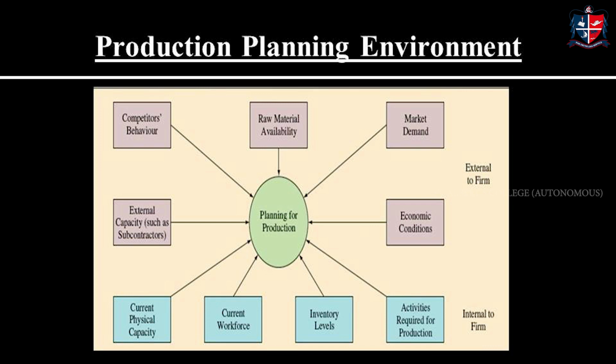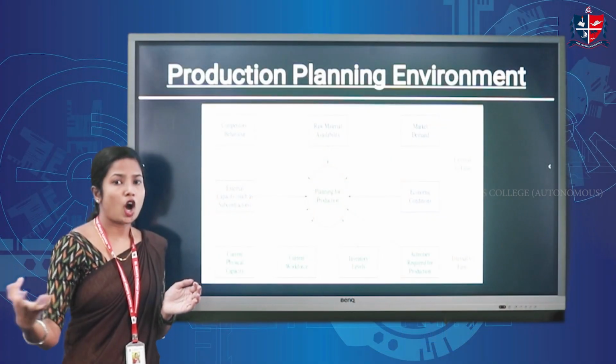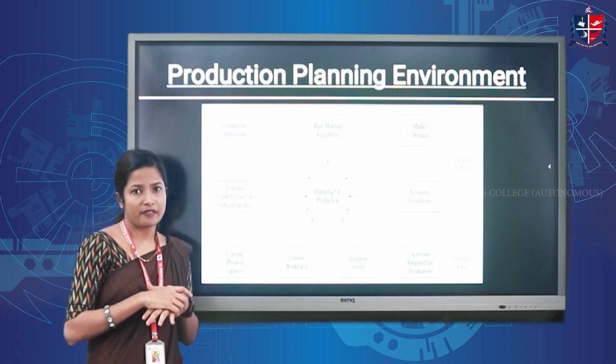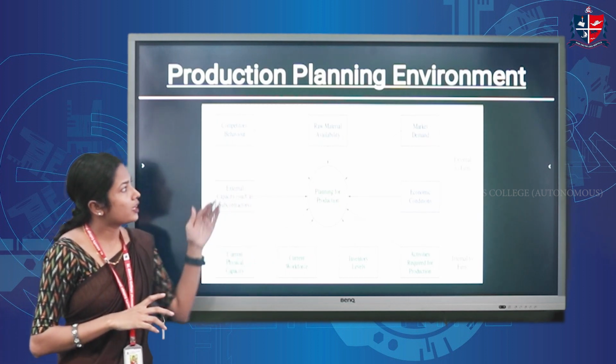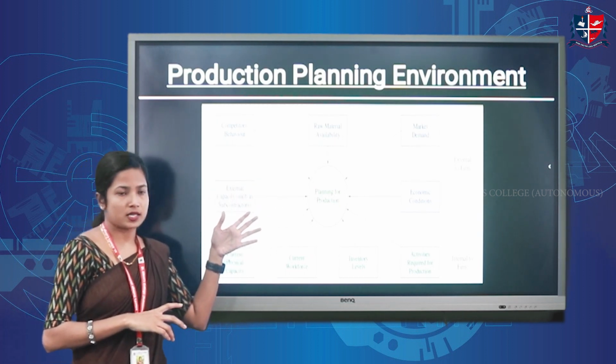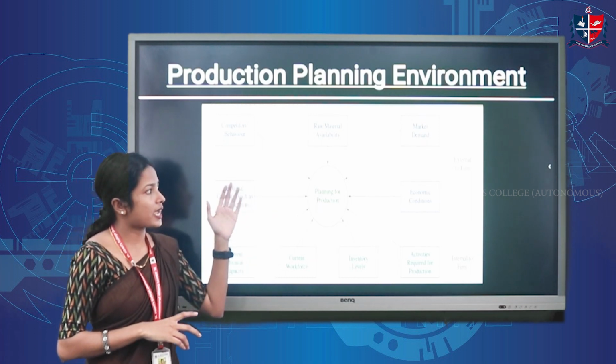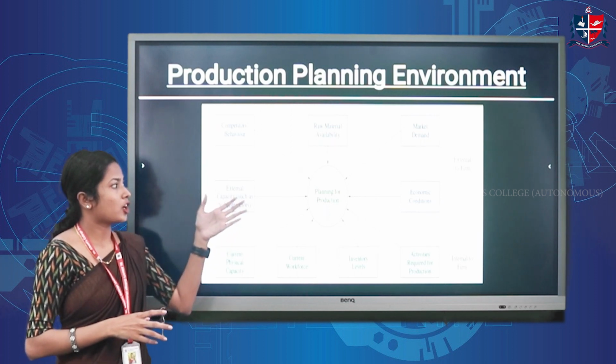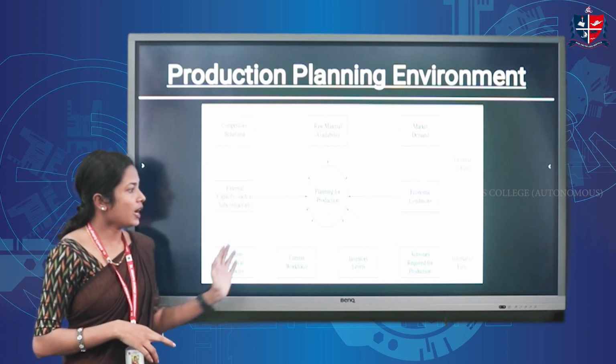Second one is the competitors' behavior. We need to analyze our competitors' behavior, whether our product is stable in the market. Next, the third one is the raw material availability. And the fourth one is the market demand. And the last external environment factor is the economic condition, that is, whether the economy is stable or not. And the second